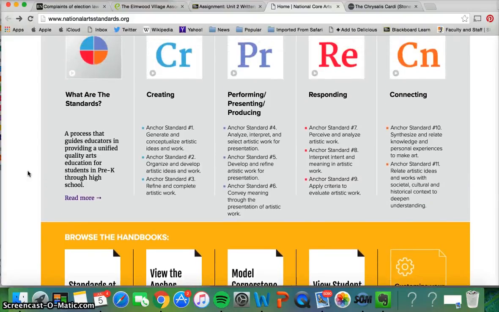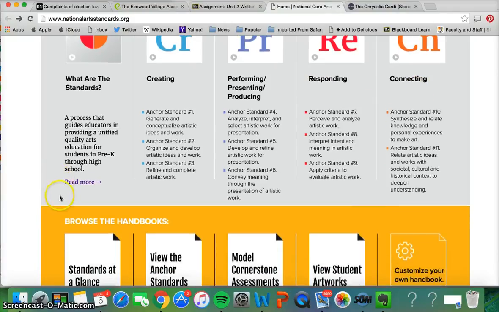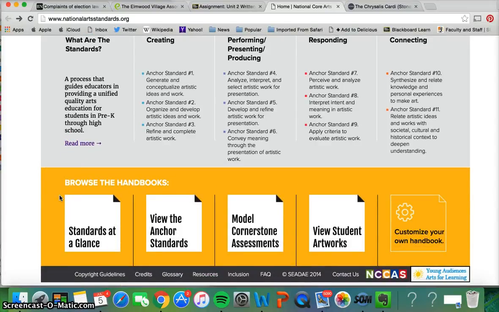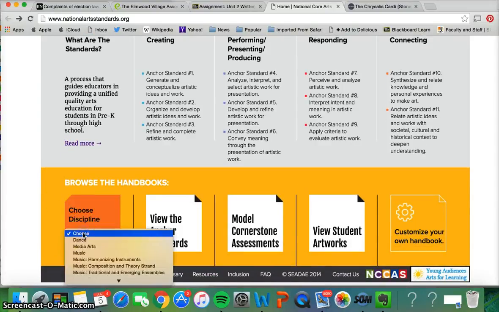Actually, before you do that, you'll notice that there are 4 main areas of standards, which is different from the 9 original standards. So you have creating, performing, responding, and connecting to the arts, okay? And this is for music and theater and art and dance. So if you go down here, the easiest way is to do one of 2 things. You can either go to Standards at a Glance and click on Music,